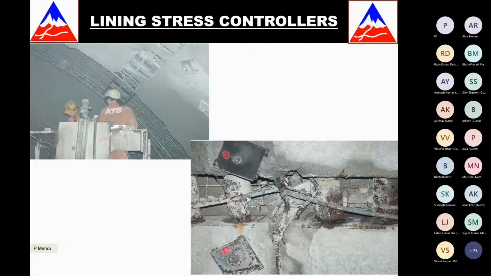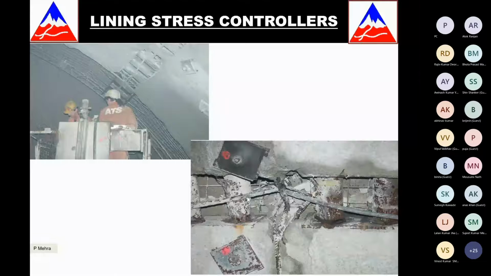Now, in order to absorb this energy, we can put these lining stress controllers. So in very good rock under high overburden, where rock spalling or rock bursting is expected, these lining stress controllers can be put along the tunnel length at 2 or 3 places, in such zones, so that they can absorb. They are spring like elements, they can absorb some of the energy, and that rock burst can be prevented, because it can really be harmful and it can hurt people on the side.